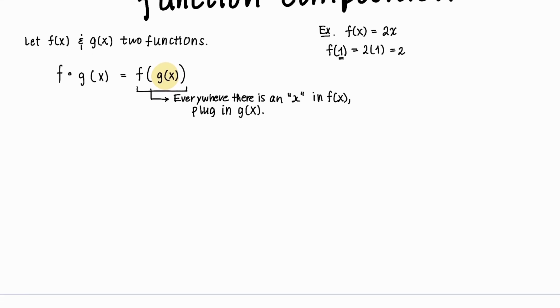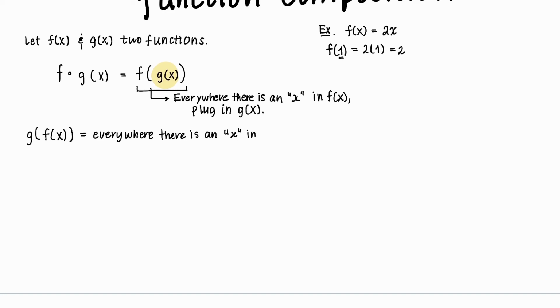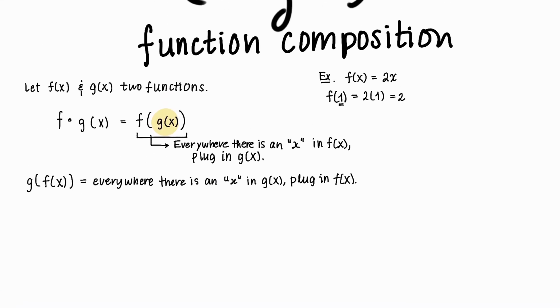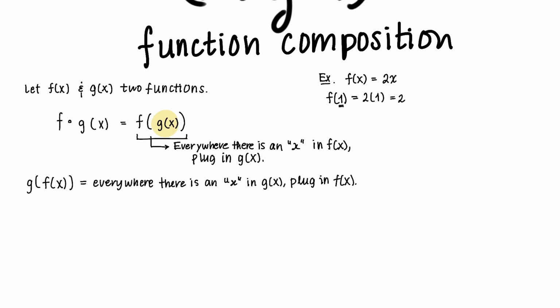And on the other hand, I can write g of f of x, which means everywhere there is an x in g of x, I'm going to plug in f of x. And I think this is going to make more sense when we start looking at examples, but before we do that,